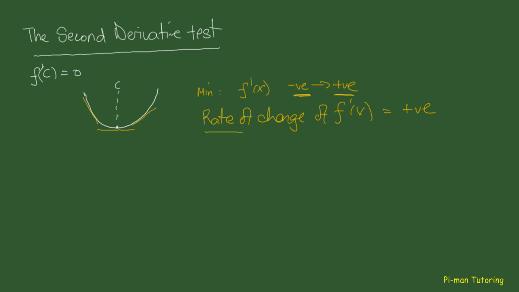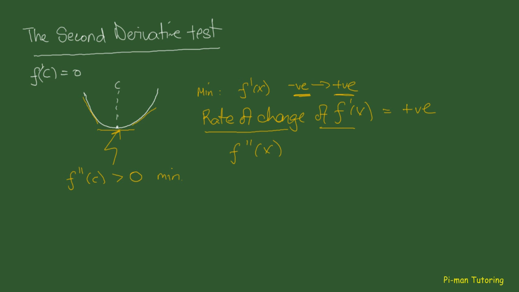But the rate of change of f dashed is simply f double dashed of x. And so we can say at this critical point here, c, f double dashed of c must be greater than